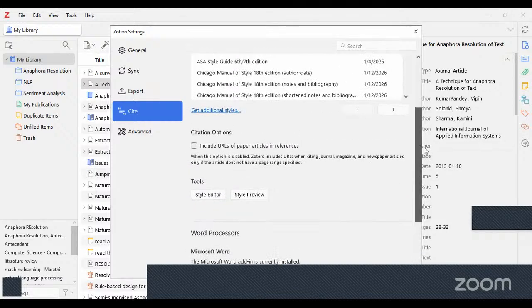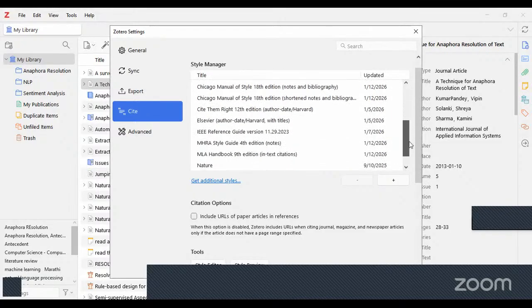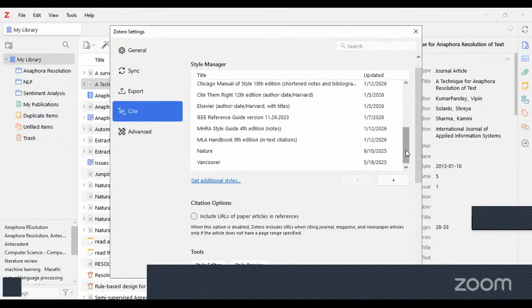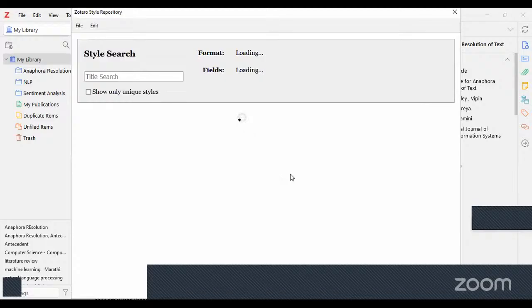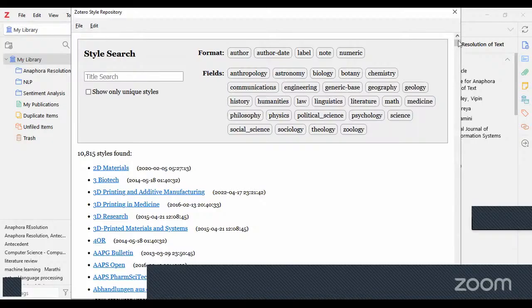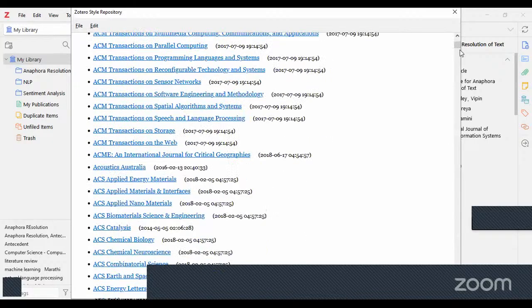And one more thing: these are the multiple citation or reference styles. If you want additional styles, just click on get additional styles. It will take a few seconds, and you will get additional reference styles according to your research.